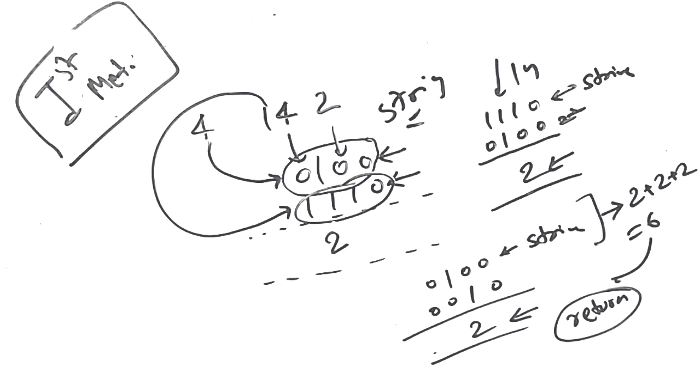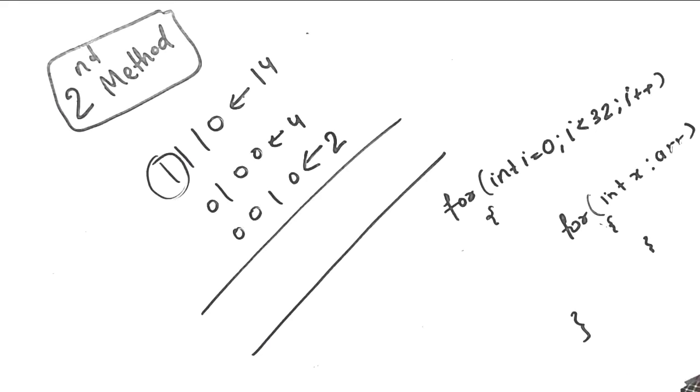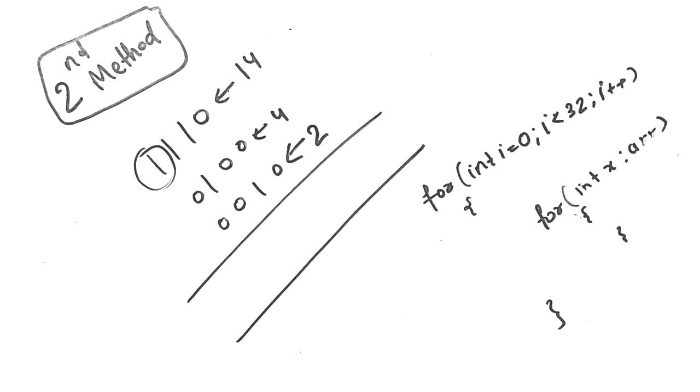So let's see another method. So let's see a very efficient approach to do this. The time complexity of the previous method we discussed was n square, because we are considering each and every pair of the array. So in this method, what we are going to do is check the number of zeros and the number of ones for each bit position.